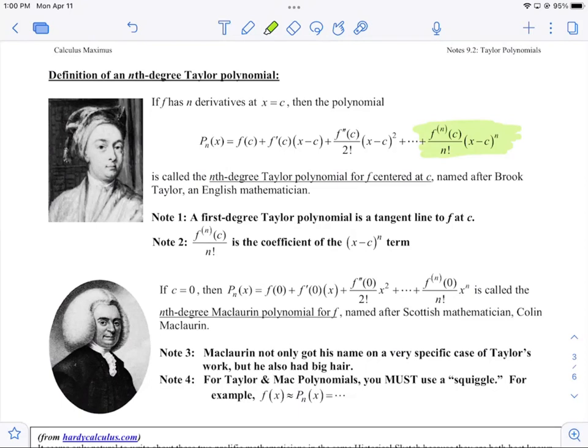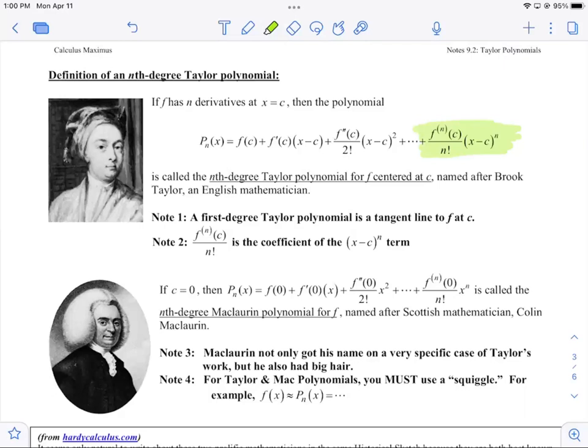What do you notice about those first two terms alone? You recognize those first two terms? That's the Taylor form of a line, isn't it? It's the y value at c plus the derivative times x minus c. But look, I can keep adding terms in this format. The second derivative at c over 2 factorial times x minus c squared. The third term is going to be the third derivative at c over 3 factorial times x minus c cubed. The fourth term is going to be the fourth derivative at the center over 4 factorial times x minus c